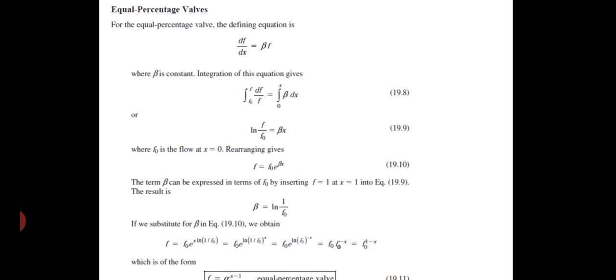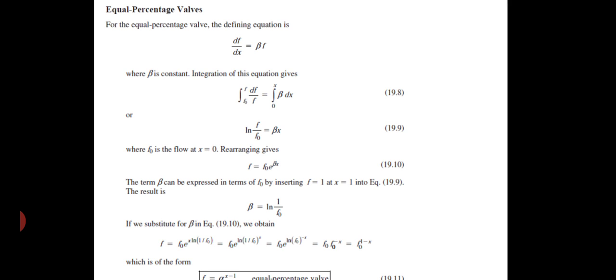So similarly, we can see here for the equal percentage valve what we have studied. We said earlier that the equal percentage valve is the most commonly used valve in the process industry, and the concept of this is based on the change in flow per unit of valve stroke being directly proportional to the flow, that is, the change in force, with respect to x, directly proportional to the flow occurring just before the change is made.